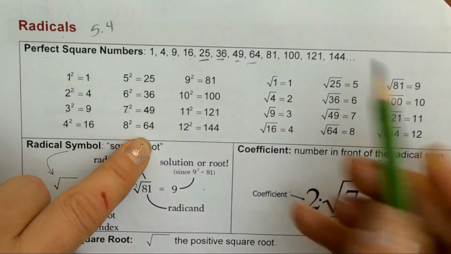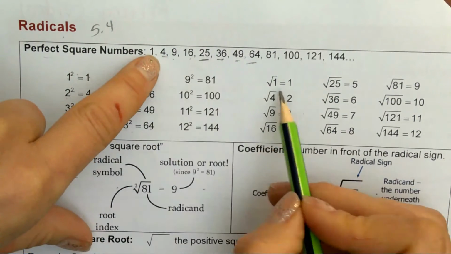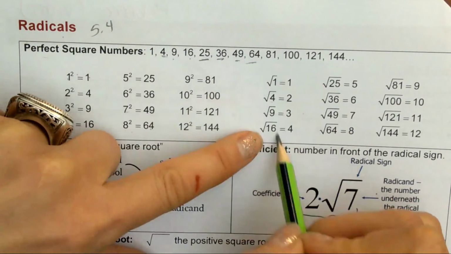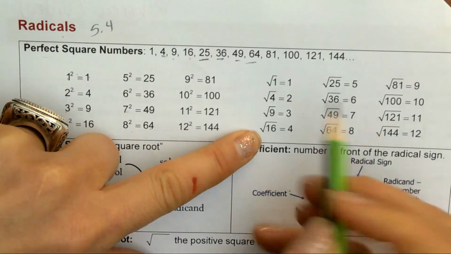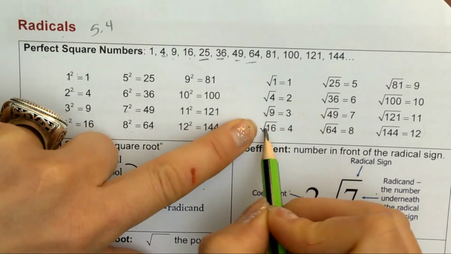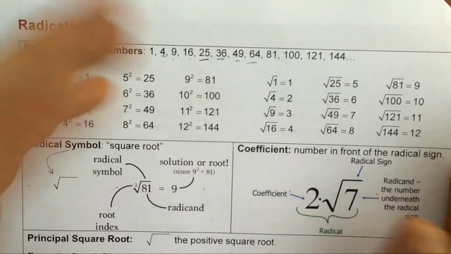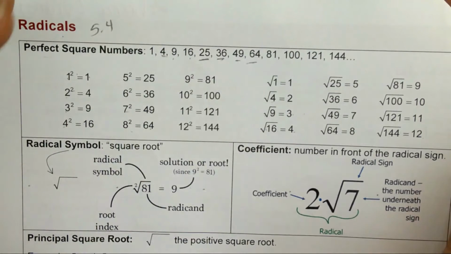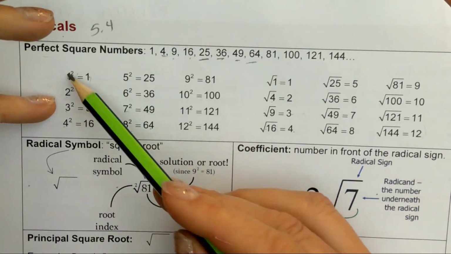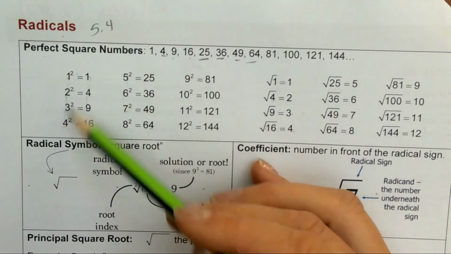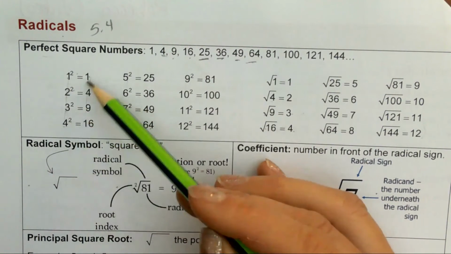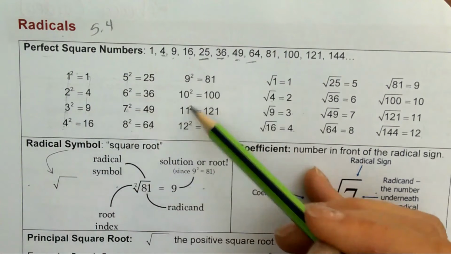Or you can think of it, if we take the square root of these numbers, we get 1, 2, 3, 4, 5, 6, 7, 8, 9, 10, 11, 12. Okay, so the square root of 9 is 3, the square root of 16 is 4. So these are just a group of special numbers that when you square our whole numbers, or sorry, when you square our positive integers, 1, 2, 3, 4, 5, 6, 7, 8, 9, 10, 11, 12, and it keeps going,